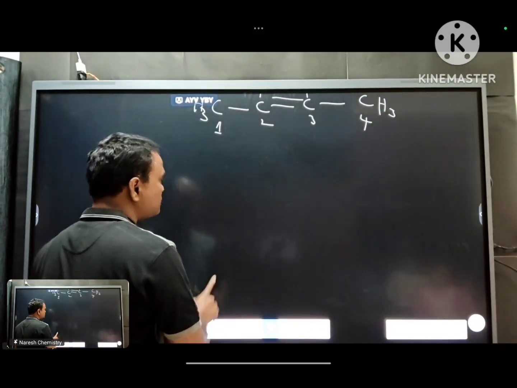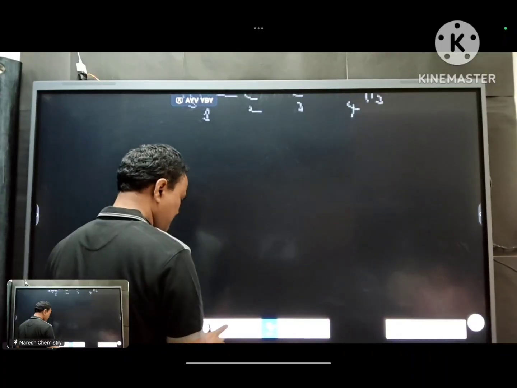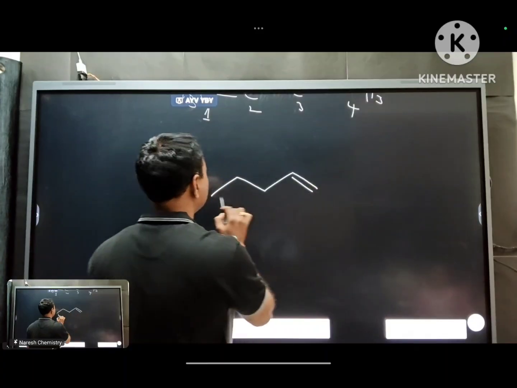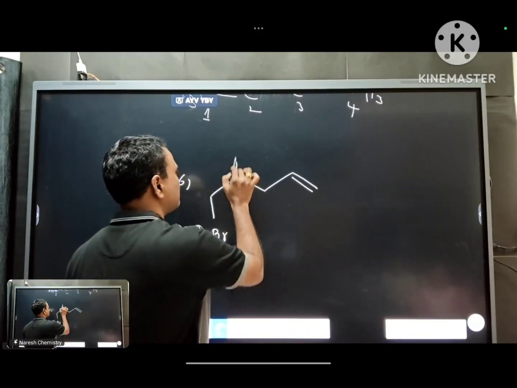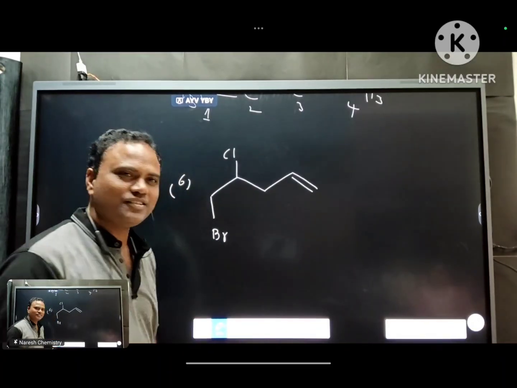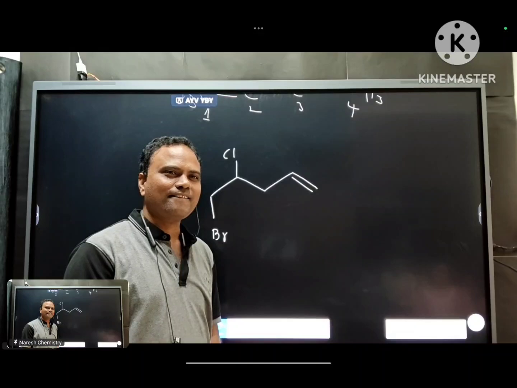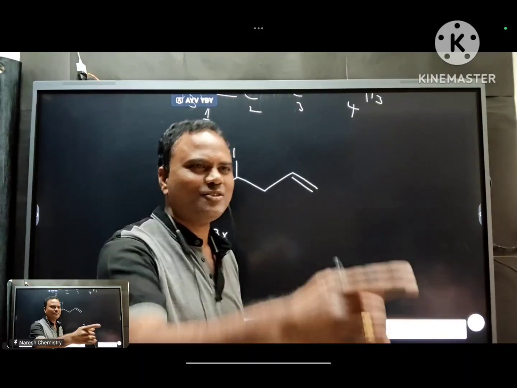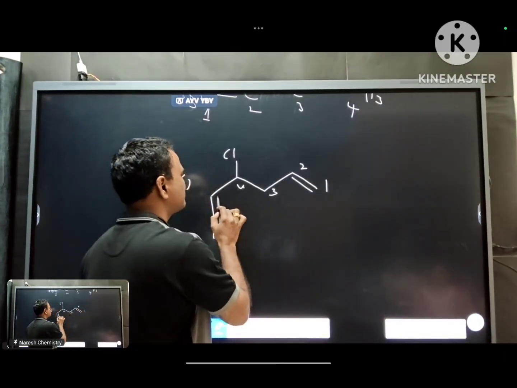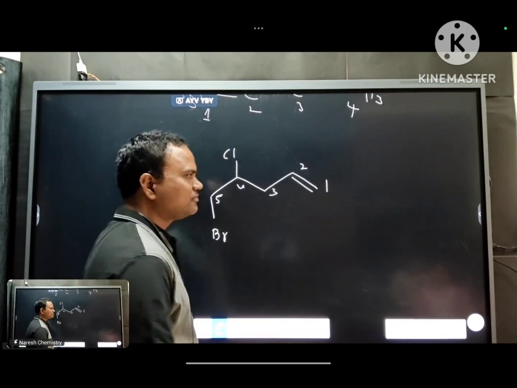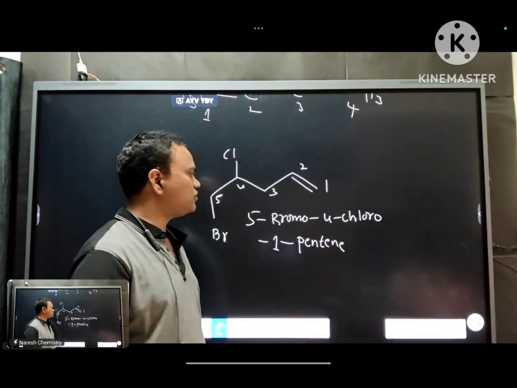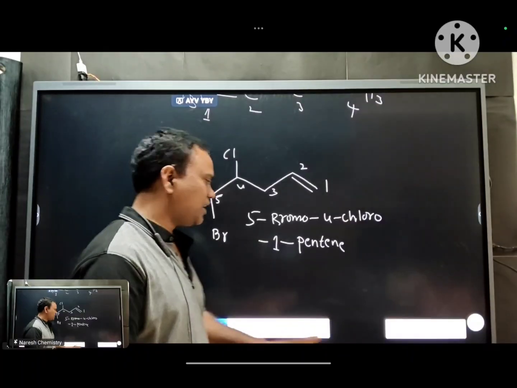Fifth example, sixth one. Two chlorine, and bromine is a chlorine. How to give a name for this? Anuj? Super. 5-bromo, correct answer. Good. 5-bromo, 4-chloro. Good. Finally,